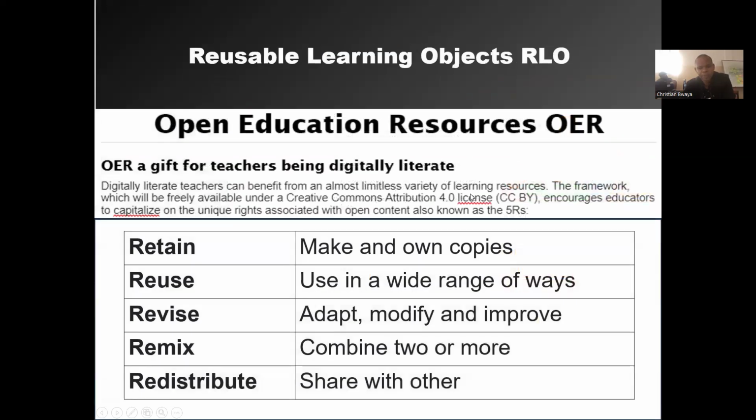Now, about reusable learning objects, this RLO or Open Education Resources, OER, are really a gift for us teachers. I mean, years ago, we all had maybe a textbook, maybe not even a textbook. And nowadays, we have plenty of material. I was supporting a friend of mine who was giving a course about machines that can be programmed. And I thought, oh, we won't find any material on the internet about this.